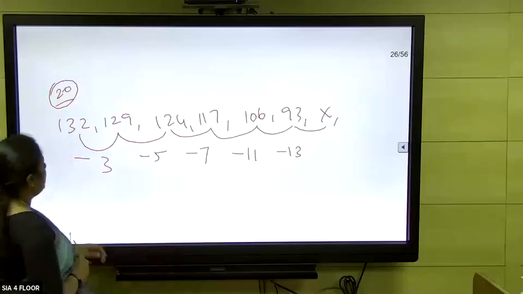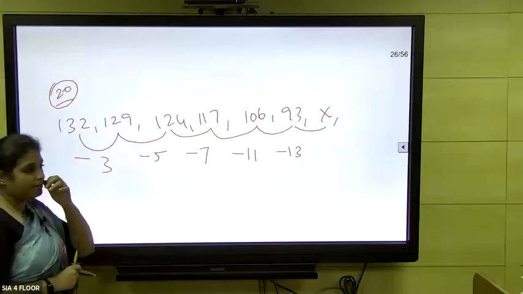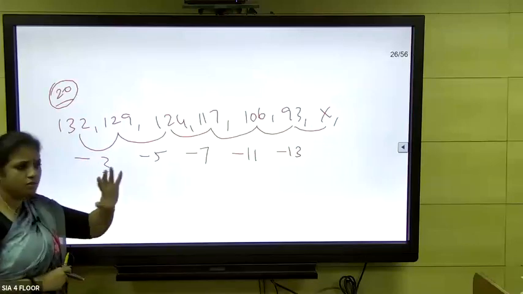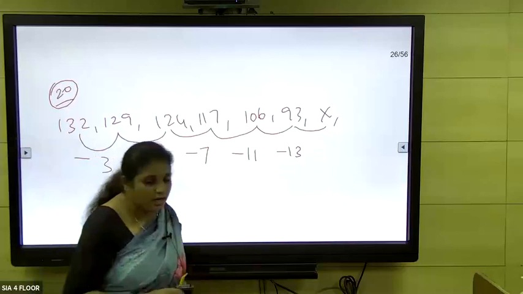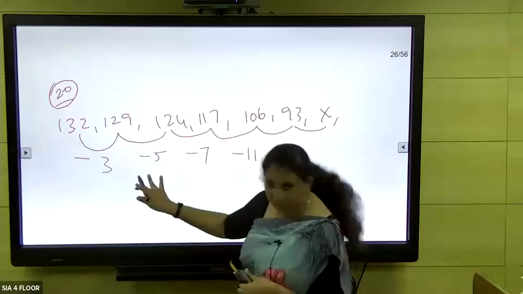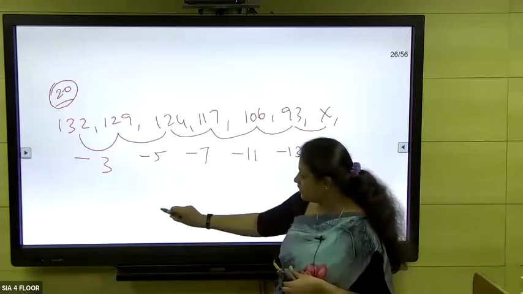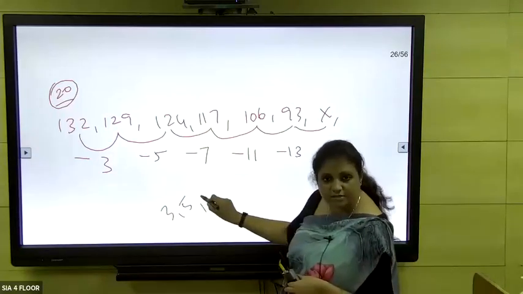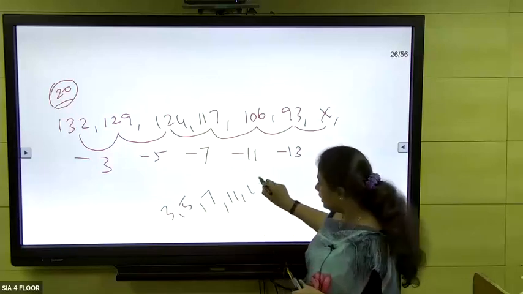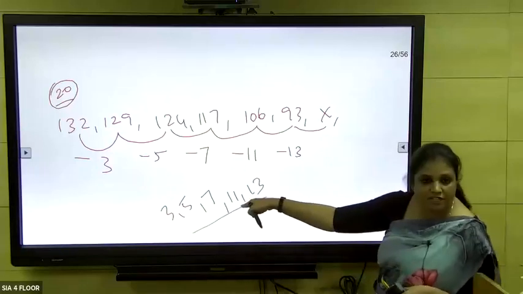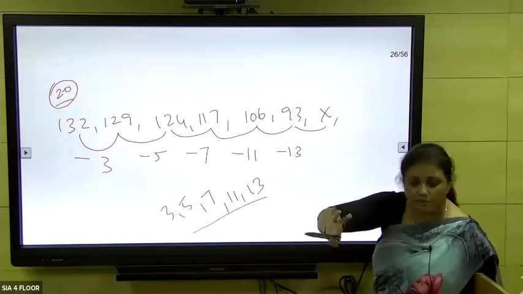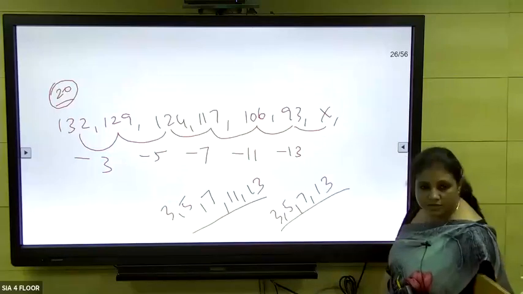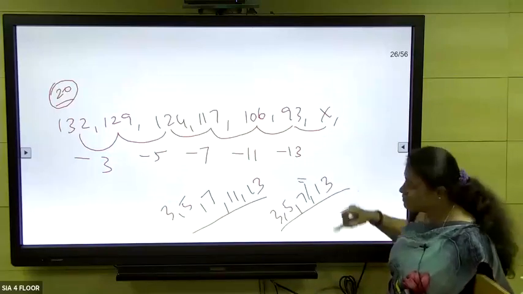Just a minute. Prime numbers actually start from 2, correct? But here it's starting from 3. Is it okay to start like this? Yes, it's okay. But in between, you should not have any break, which means if it's 3, then it should be 5 only. It can't be 7. If it is 5, the next number should be 7 only. 11, 13. If something is missing in between the sequence, then it is not a prime number sequence. If you have a sequence like this, these are prime numbers only, but 11 is missing in between.